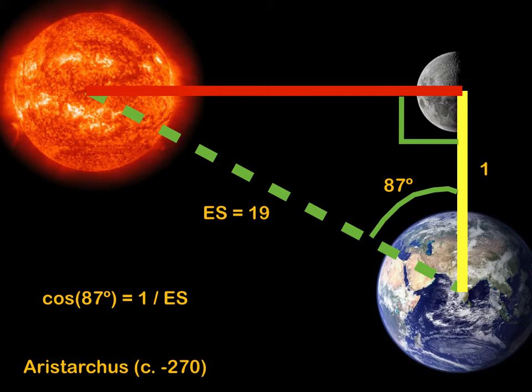And that will come out as about 19 according to this, with the trigonometrical calculation here. Because I have my right angle triangle, I just have to take the cosine of the angle and I get the ratio of these two sides. So 87 degrees, this is the value given by Aristarchus. He gets a ratio around 19, which is a very poor estimate indeed, and it's much further actually to the sun, but whatever. The interesting thing here is not the precise numbers, obviously. It's not like you're going to actually go there to the sun, so you don't need to know it for that purpose. The interesting thing is mathematically the procedure is absolutely accurate, and it's just remarkable